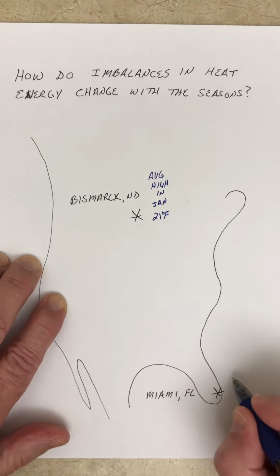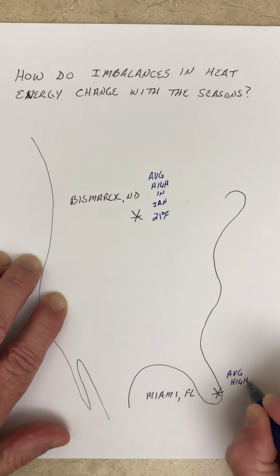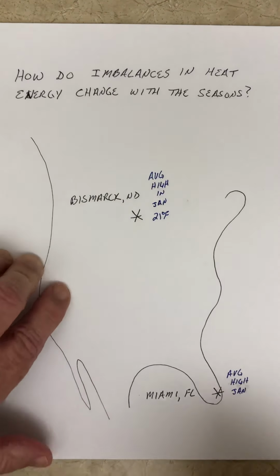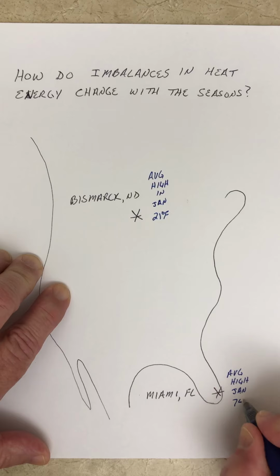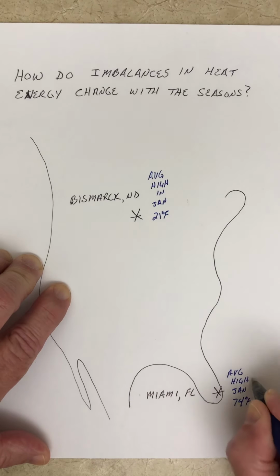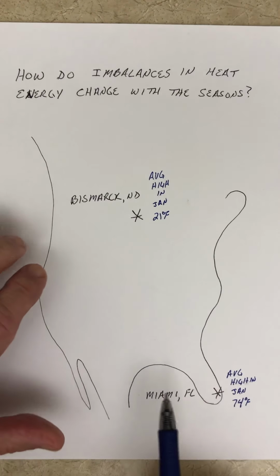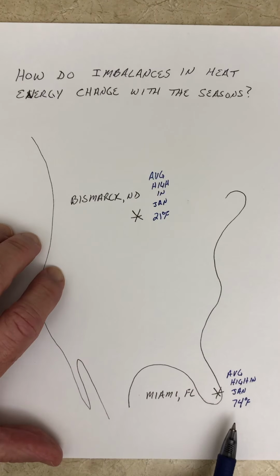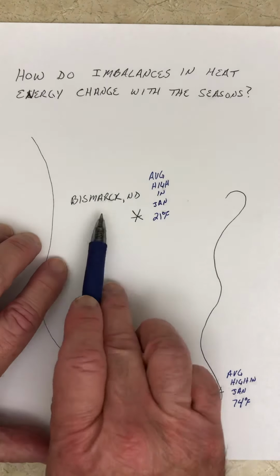And the average high temperature in January in Miami, Florida is 74 degrees Fahrenheit. And so you notice that there is a difference of 53 degrees Fahrenheit in the average high temperatures between Bismarck